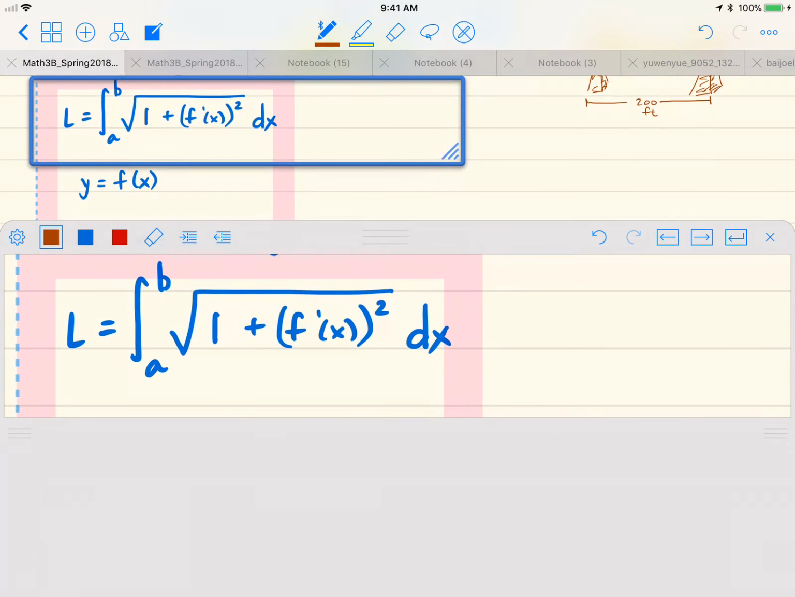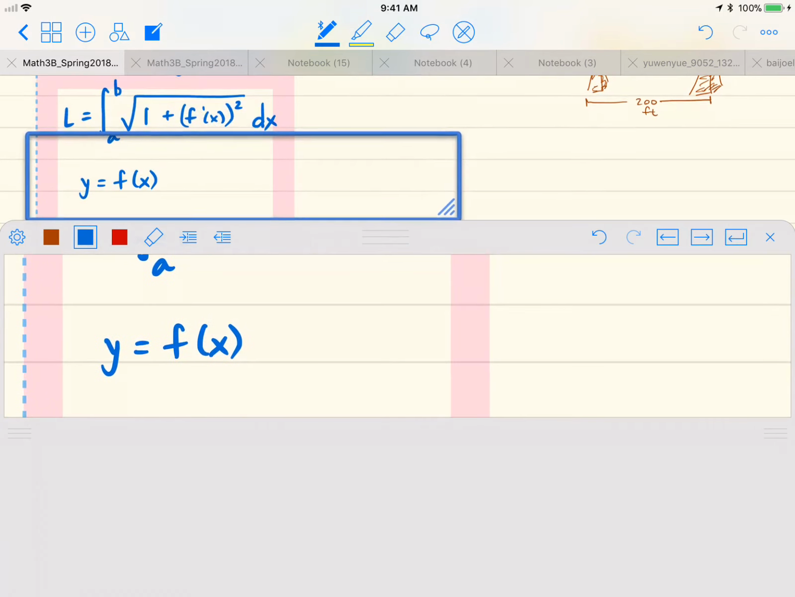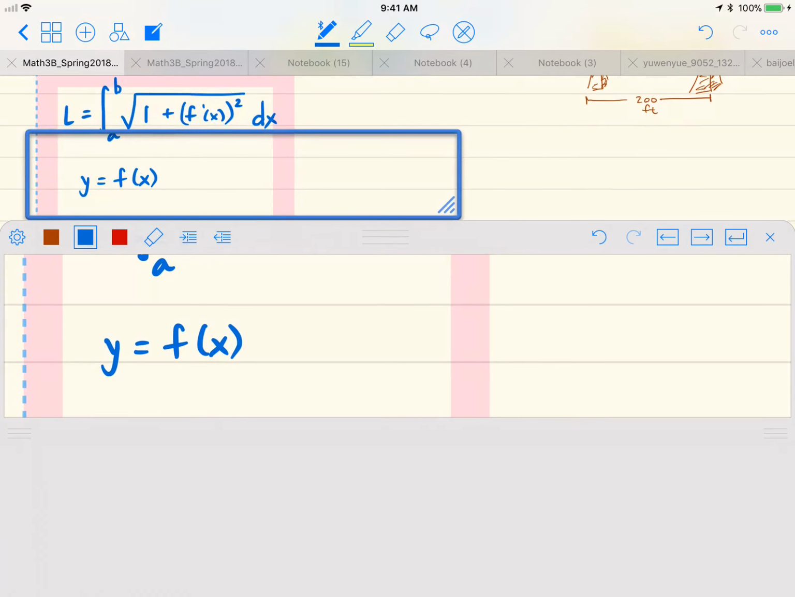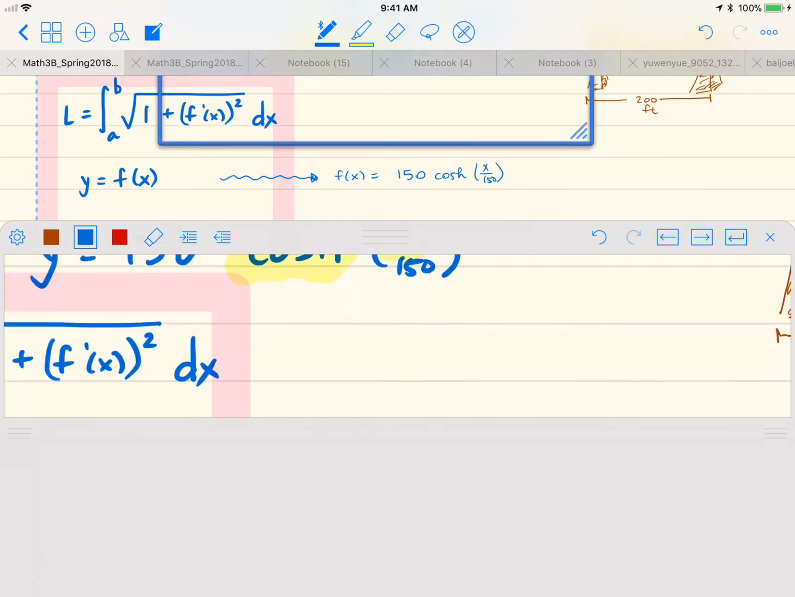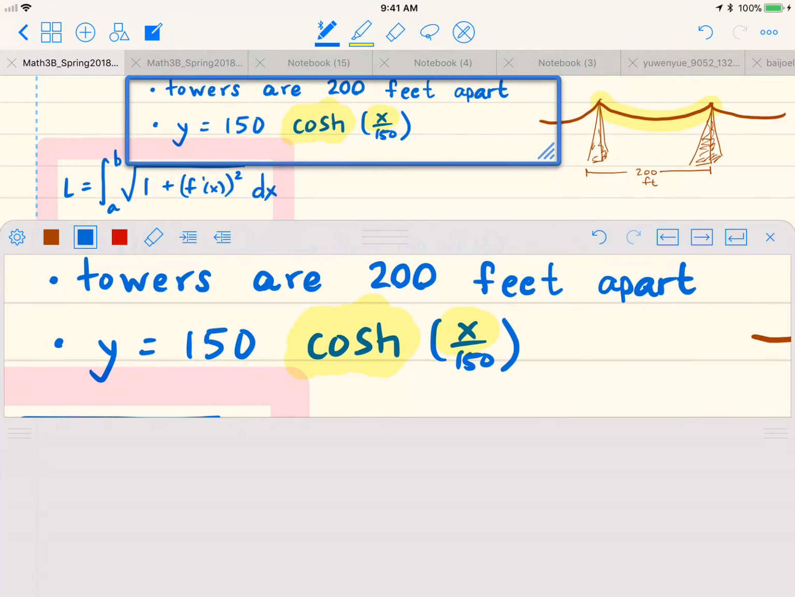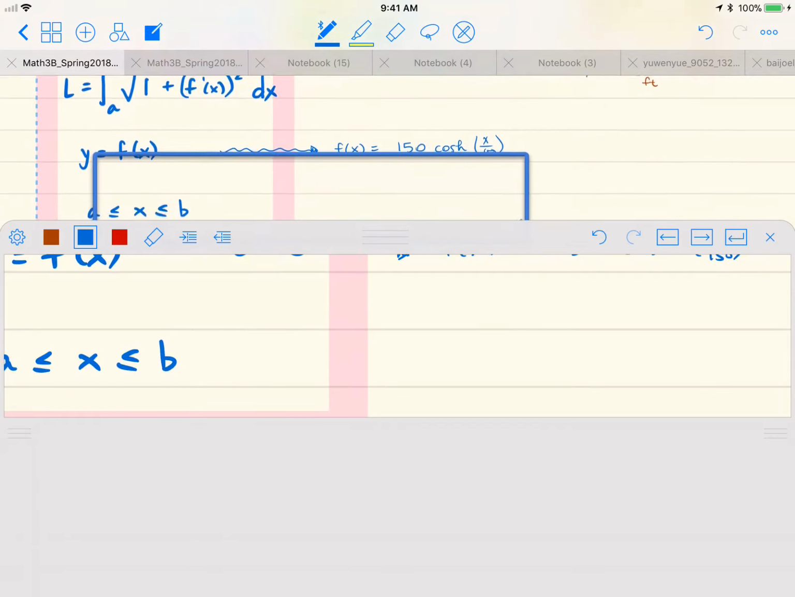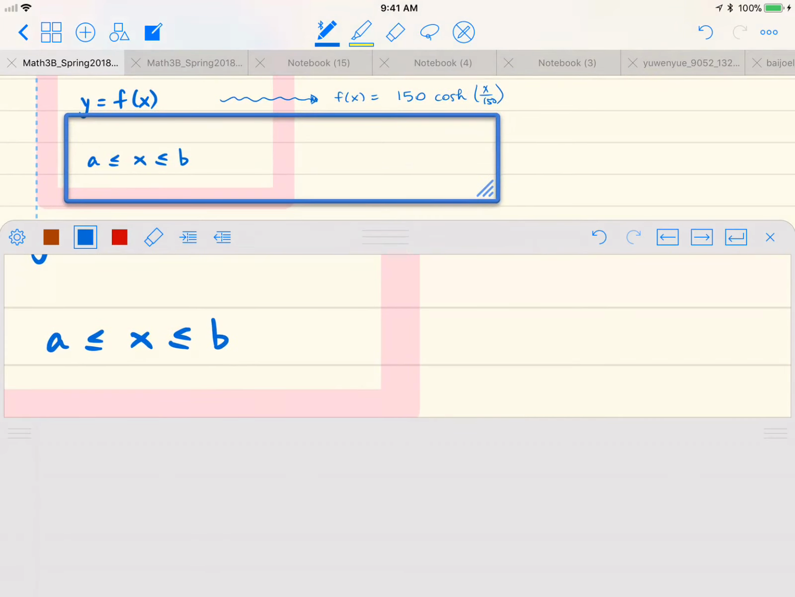Okay, so let's see here. I've been given my formula for f of x. So f of x is going to equal 150 times cosh of x over 150. That was given to us in the problem. Okay, and then what about a and b? Now we're told that a and b